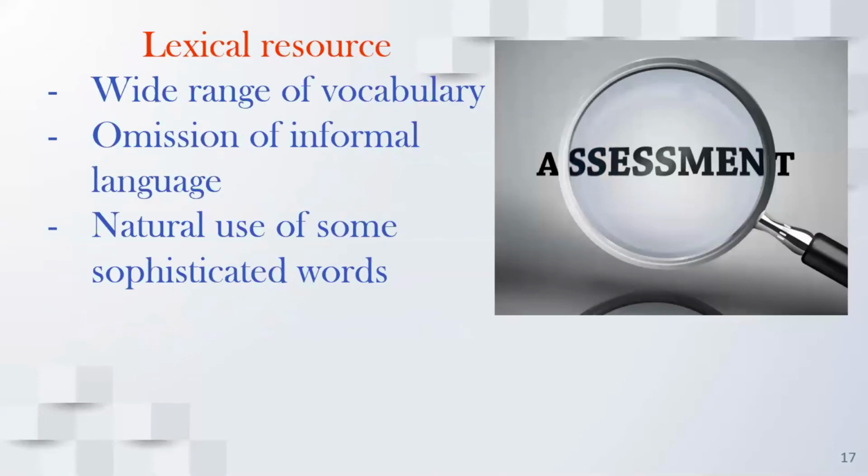Then we move on to look at lexical resource, and this focuses on your vocabulary. You need to have a wide range of vocabulary as you write the task 1 essay. You're not just repeating the same set of words right from the beginning to the end. You're using synonyms and paraphrase versions of some of the keywords because it's necessary that you have a wide range of vocabulary. As much as possible, also, you omit informal language because informal language is good for speaking. But then when you're writing your task 1 essay, which encourages you to